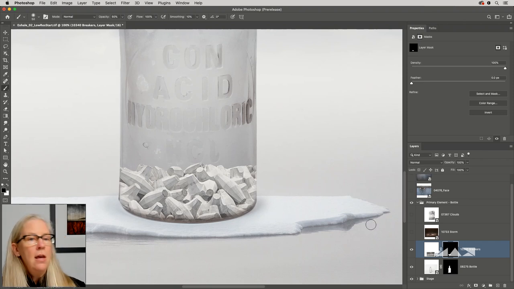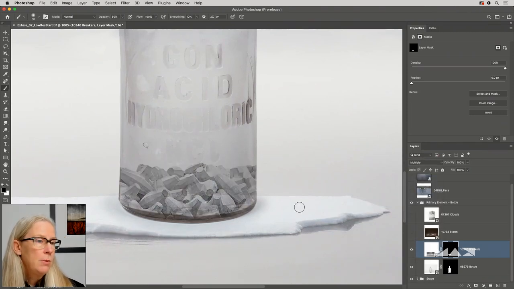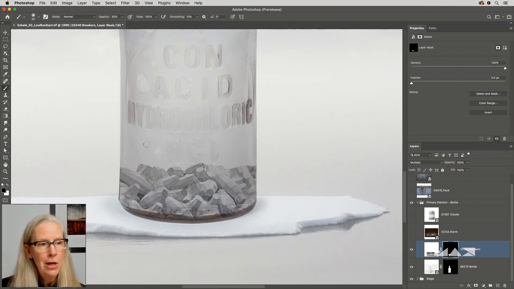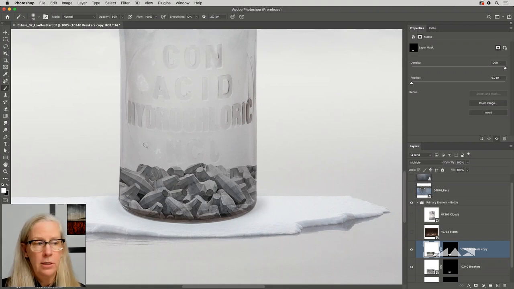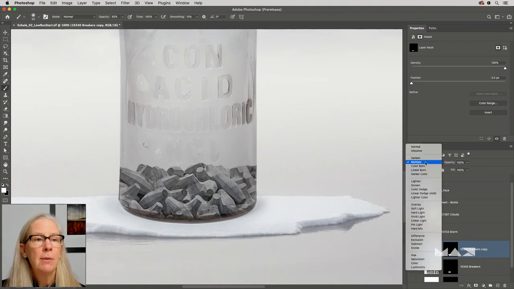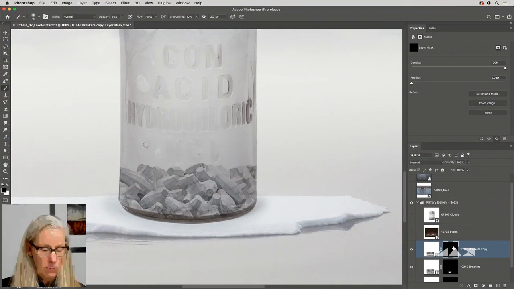Okay, excellent. I'm going to switch the blend mode, but when I do, because I want to switch it to multiply, now all of a sudden I can see through to the edge of the iceberg, which I don't want. So how would I avoid that? I can make a duplicate. I'll use Command J on Mac or Control J on Windows to duplicate it. And then I'll just set the blend mode back to normal.